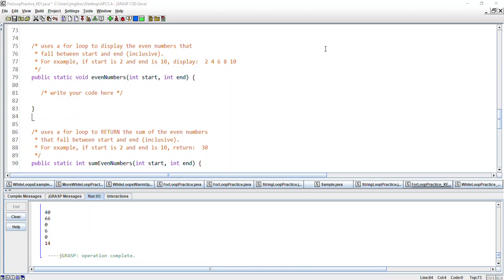This video is going to go over for loop practice, even numbers method. In this one, I want to display the even numbers that fall between start and end. You cannot assume, however, that you're starting at an even number. Now, for me,